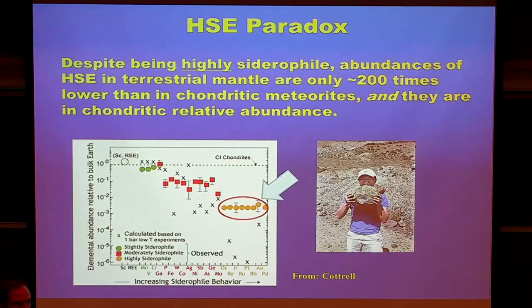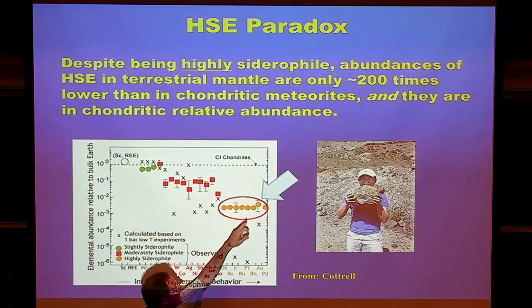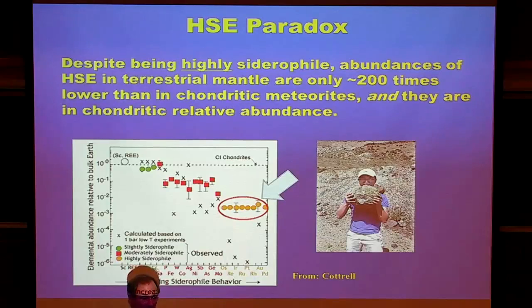That was my question. It looks so suspicious. Also, why do some of them have error bars and other ones don't? And what are the error bars representing? The error bars represent uncertainties in projections to a bulk silicate earth composition, which I can get into, but you probably really don't want me getting into that. These are tightened up since Liz generated that figure, so I think we know them better than even the size of the dot on there that's a log scale, so the size of the dot gives you a good factor of 2. Yeah, in the spreadsheet that you can download, as I'll go to in a minute or two,